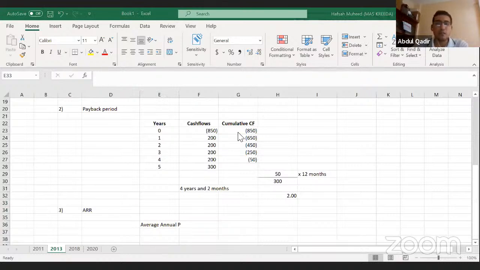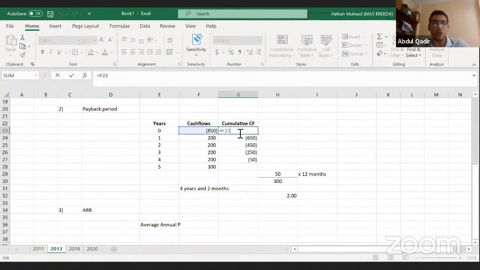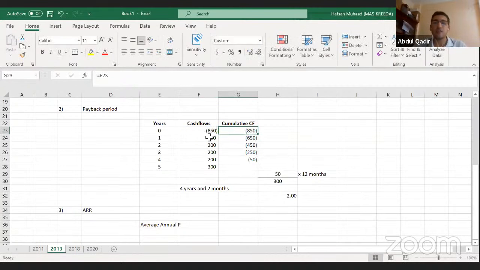Okay, so how to know what is the amount we have to recover? That is basically your investment. That is what you're trying to recover. That is why you have year 0, you're investing 850, and that is what you're trying to recover here. So that is why in year 0, you have totally invested 850. And year 1 onwards, you're starting to get cash flow, so you're starting to recover your money. That's why the investment is reducing. The amount you invested is reducing because you're starting to recover it. I hope that's clear. So the amount we have to recover is basically your investment in year 0, right?